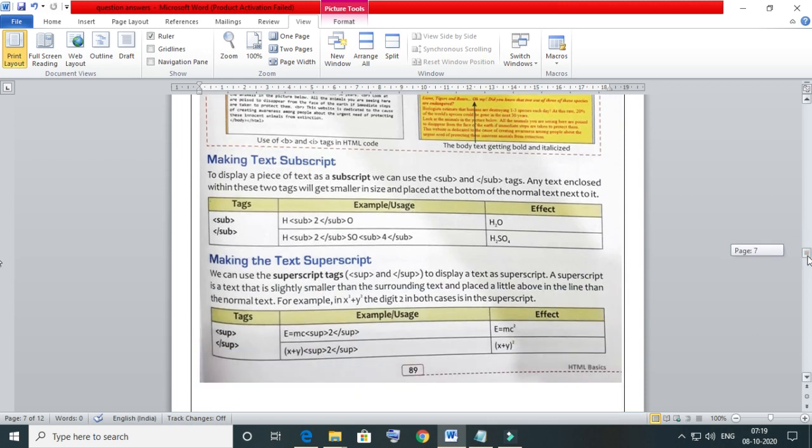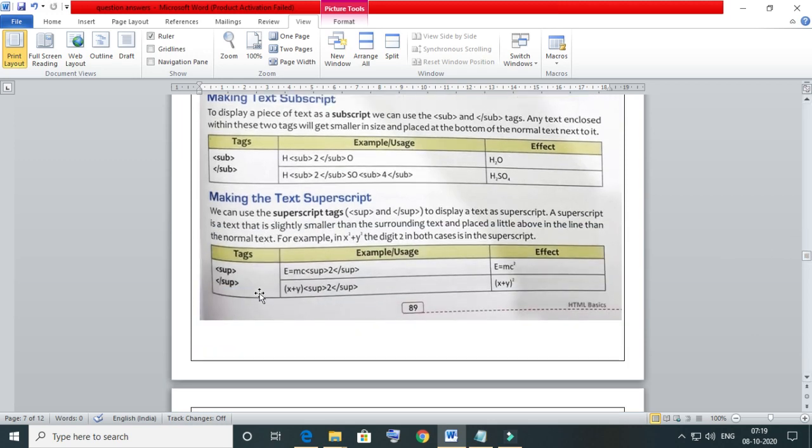And if we are mentioning (a + b) whole square, in that case 2 is superscript, and here E equals mc square. In that case 2 is superscript, and (x + y) whole square. Here 2 is the superscript.